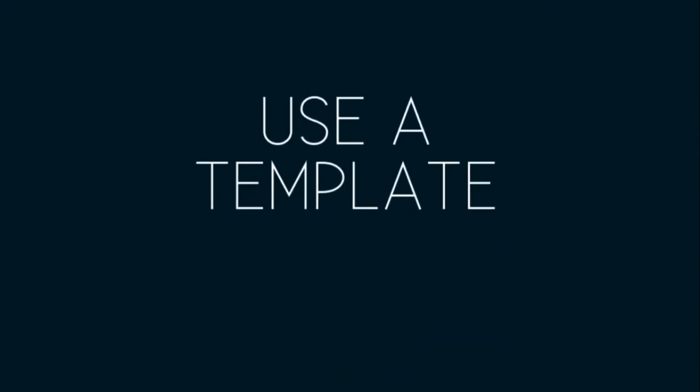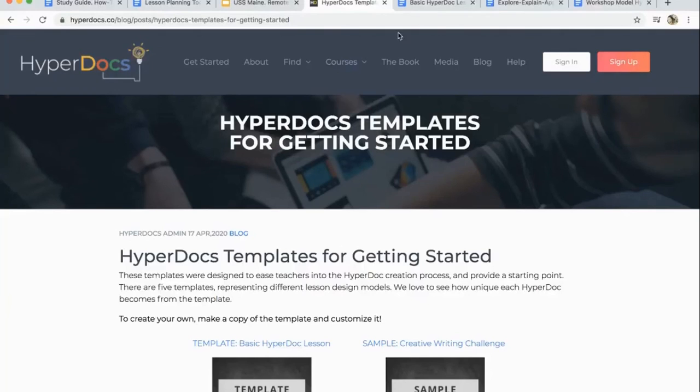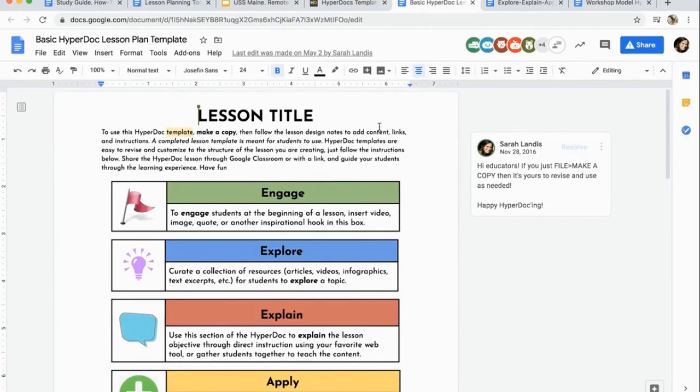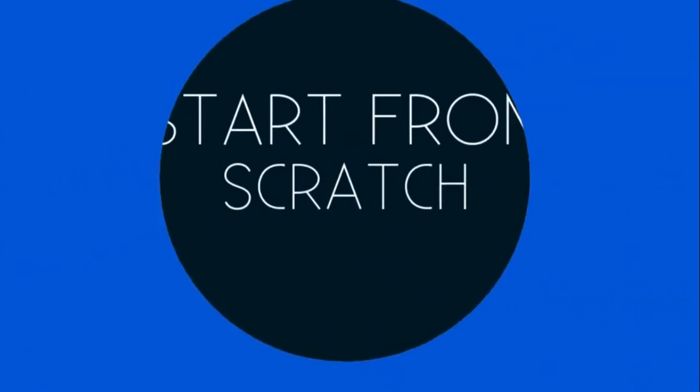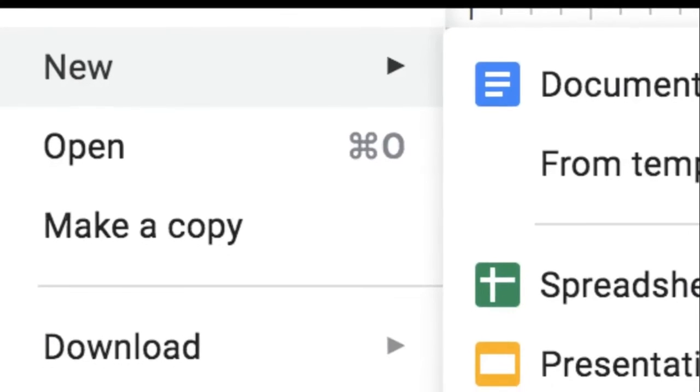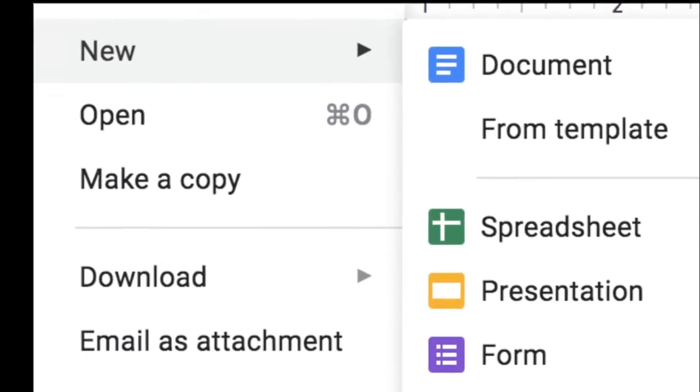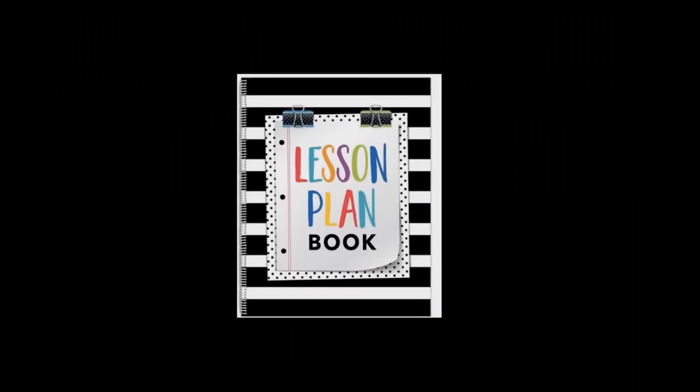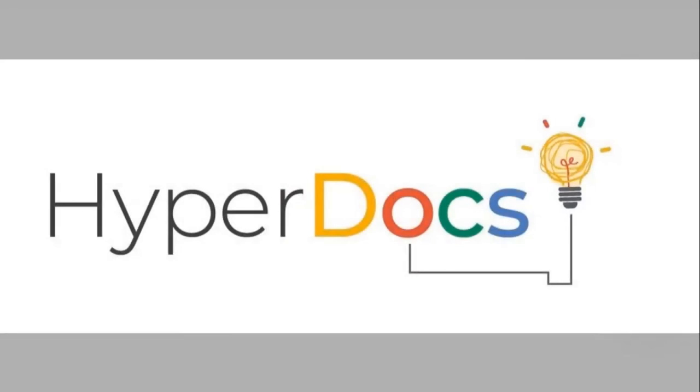Number 2, you can use a template. Templates can be found on our website. Once you select one that fits your cycle of learning, all you have to do is file and make a copy. Option number 3 is to start from scratch. Once you are ready, click File New Document, File New Slides, or whatever tool you plan to use. Your lesson plan book will soon transform into engaging